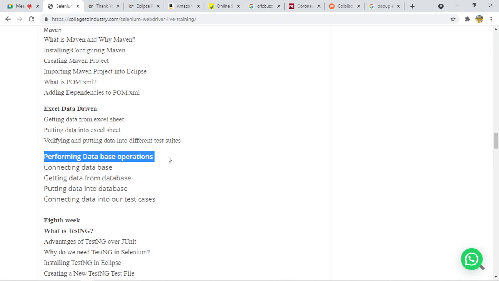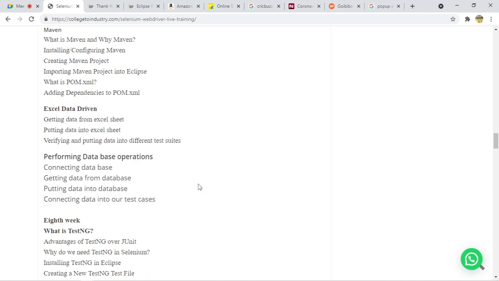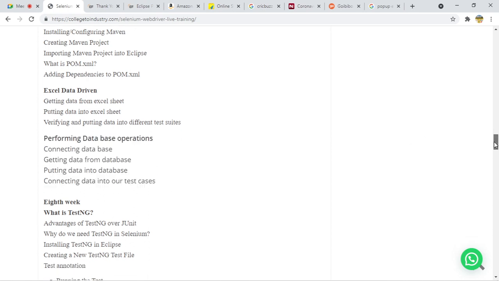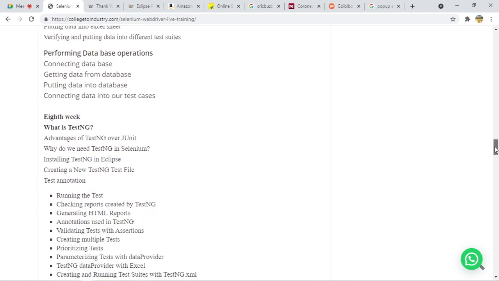Almost all companies use a database, because without a database you cannot expect a project. All the data will be present there, right? So now the requirement is to pull the data from the database and use that in our project. How can we do that? This we are also going to see. We will take MySQL as our database, and we will see how we can pull all the data from our database to our test case, right? So is this part also clear or not? Any questions?